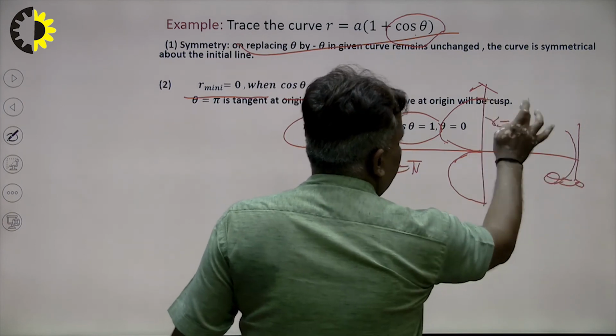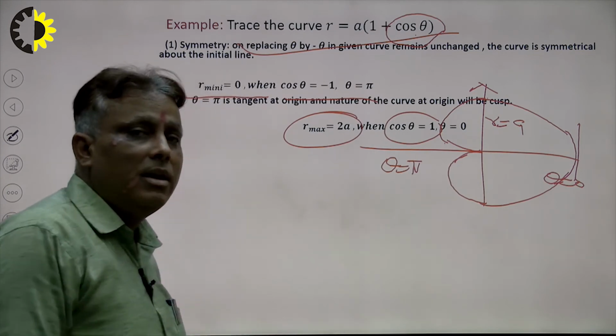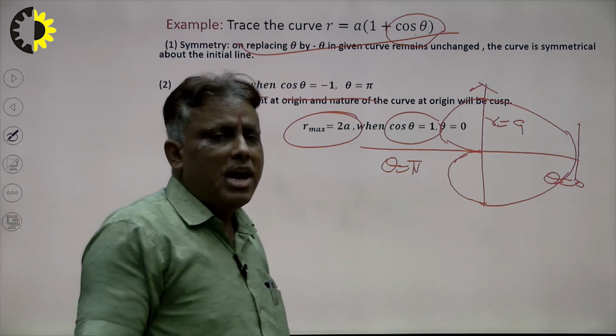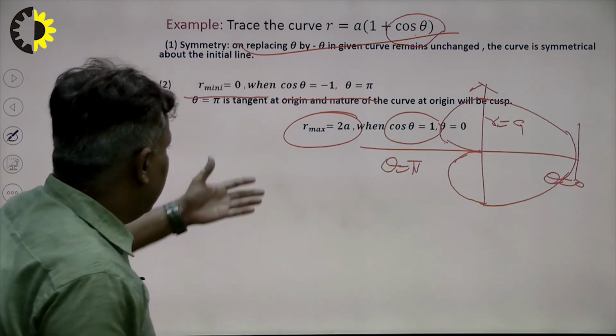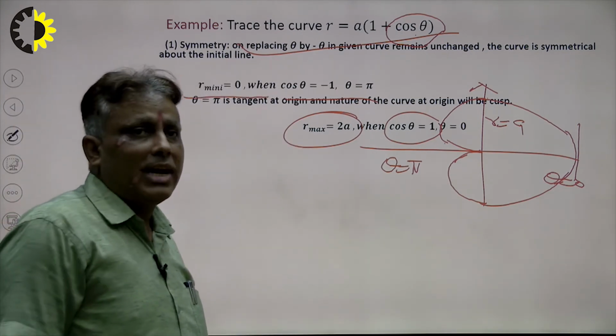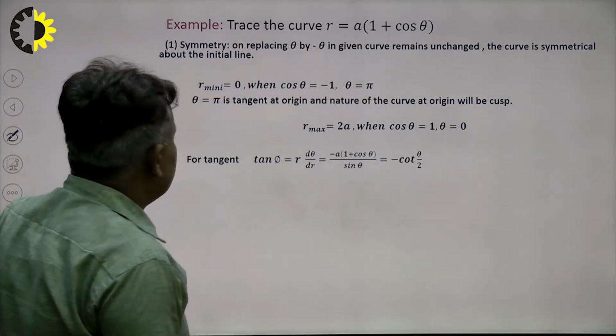So this curve meets to this, and this curve will meet to this. The nature of this curve will be just like a heart shape, and this is known as a heart shape curve, a cardioid curve, right? In engineering and technology, that is known as a cardioid figure, right? In this way we find out each and everything, right?